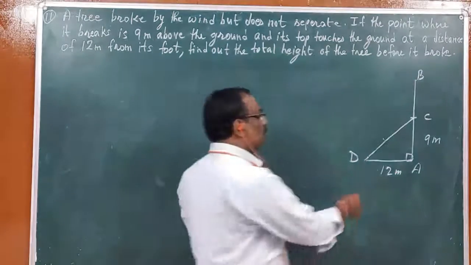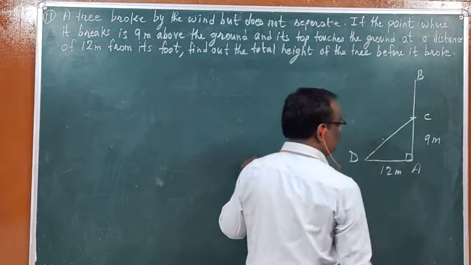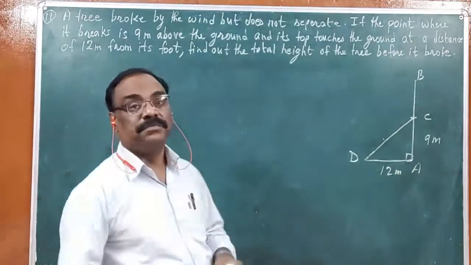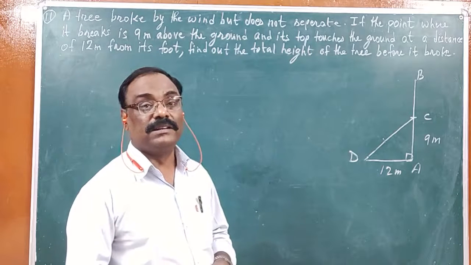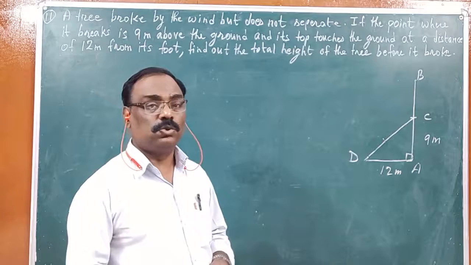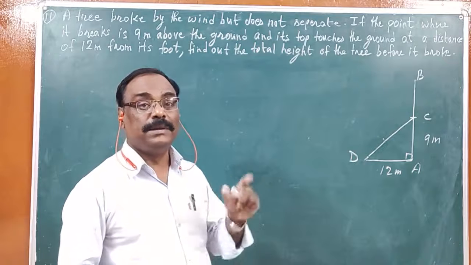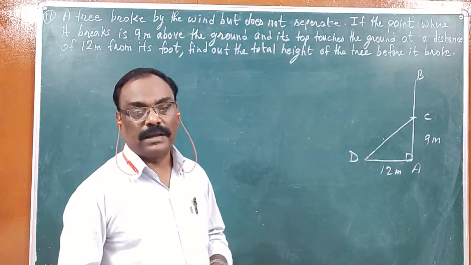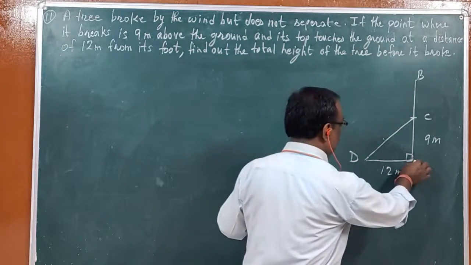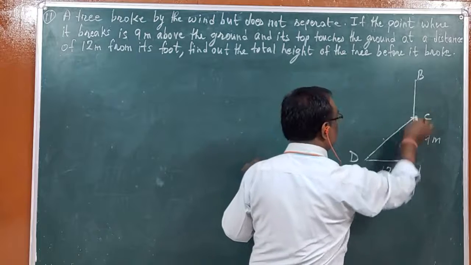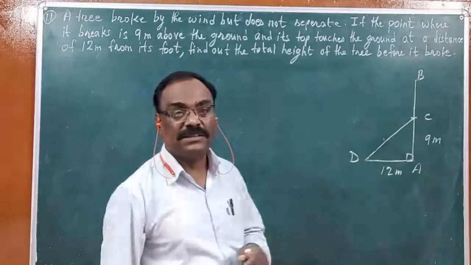We already know the length of the other two sides. That is AD we know and AC also we know. So if we calculate CD, that is the hypotenuse, we will get the height of the tree. So what should we do here? We will let the total height of the tree be h meter. I have taken the total height of the tree to be h meter because we only know up to A and C. C and B is not known to us. So I am taking, let the total height of the tree be h meter.